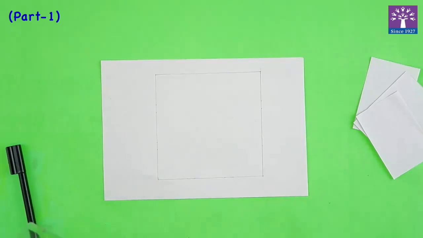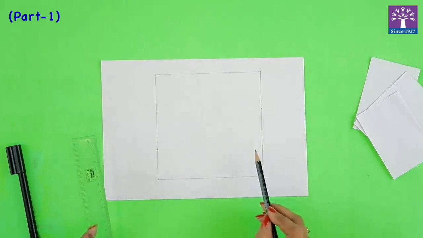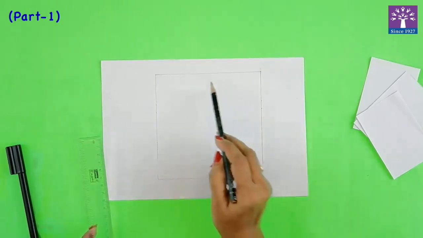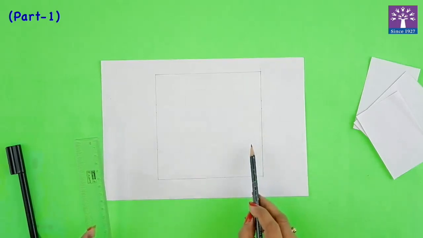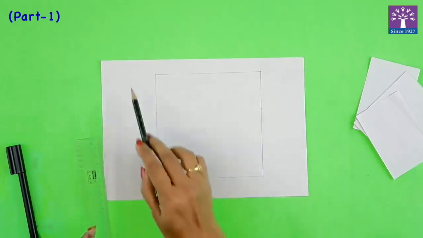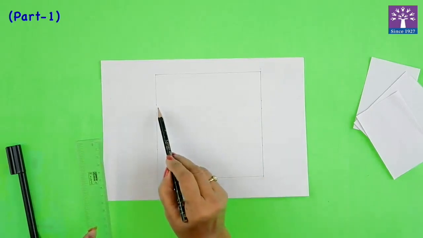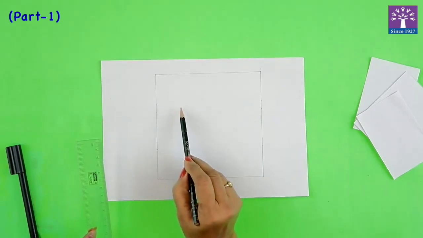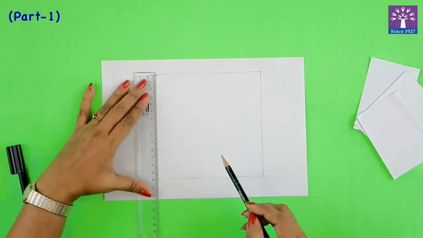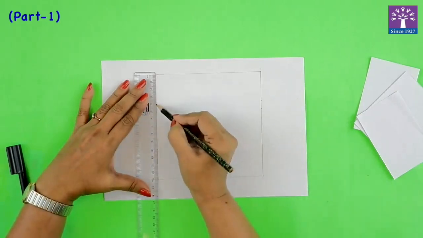Now we will mark 4 centimeters on each side. So we are making a grid in the square. We are building a grid in the square, or we are drawing 9 small squares inside the big square. We are going to draw the squares in such a way so the squares will have 1 centimeter gap with each other. So mark 4 centimeters,